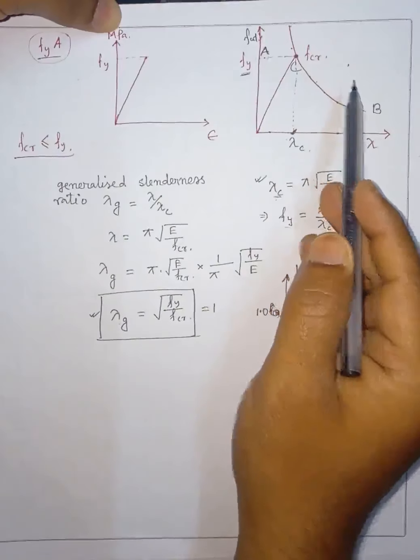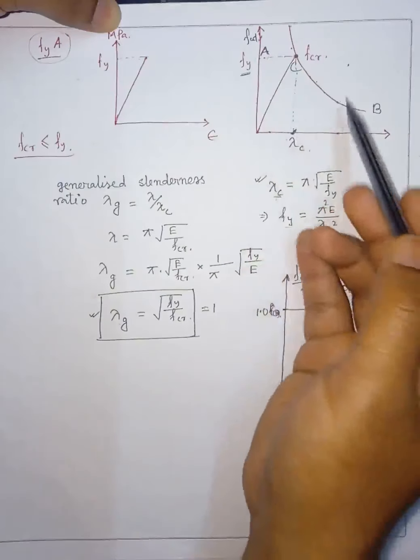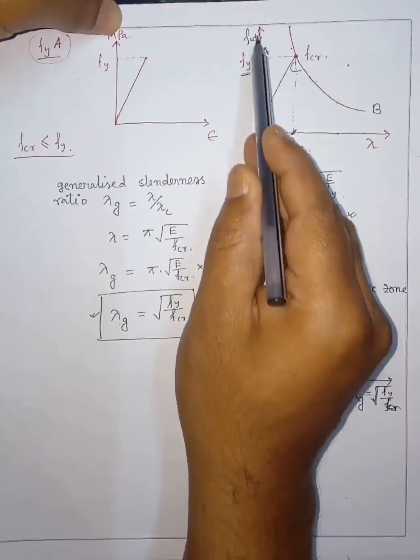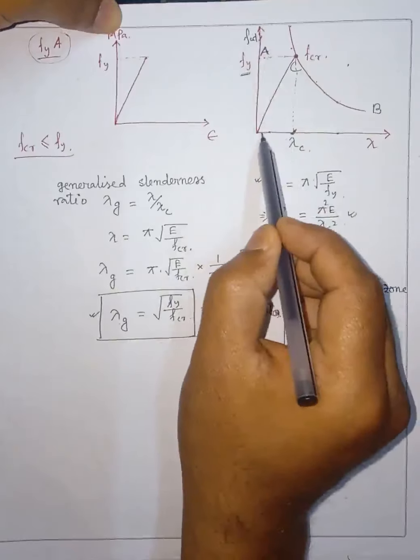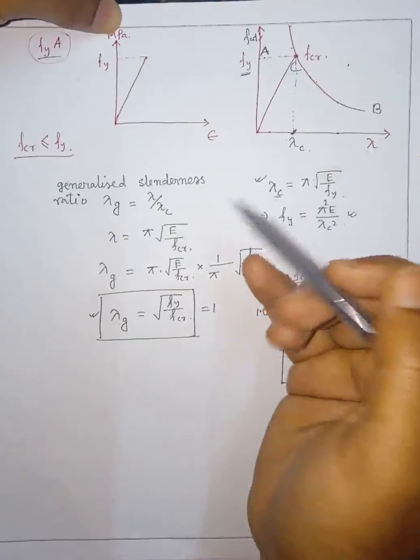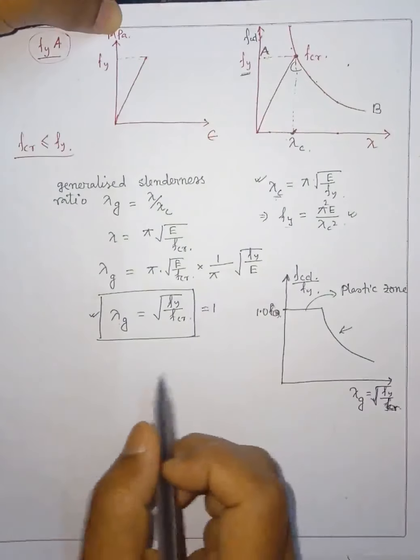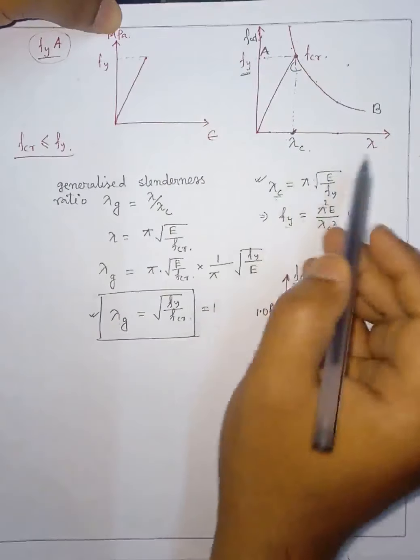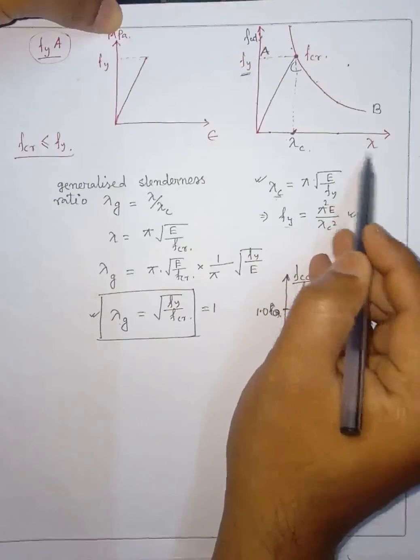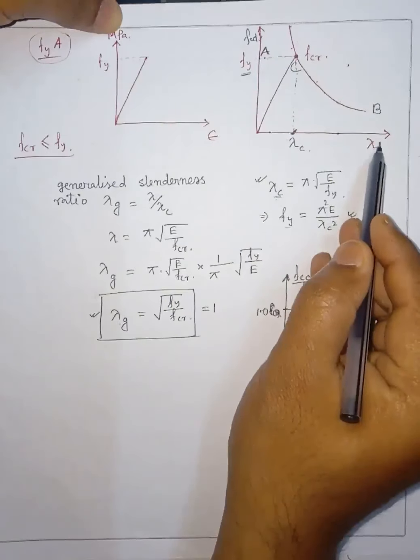Okay, so if I want to represent this relation of this load carrying capacity or stress carrying capacity with this slenderness number in a non-dimensional form, how can we represent that? So let us divide this lambda by this lambda c. So we will get a non-dimensional number, so it will have no dimensions because it is a ratio. So that is why lambda g is equal to lambda by lambda c. So we know what is lambda, so you have got it in my previous page.